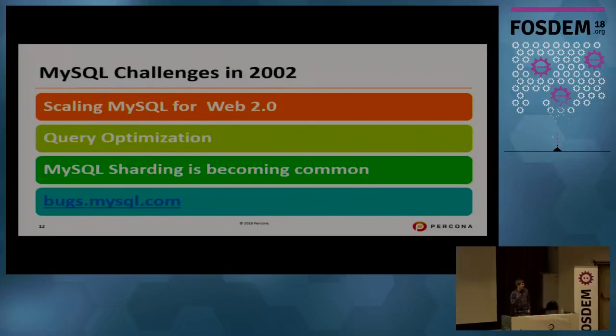Now, the interesting thing is before that, MySQL was managing bugs through a mailing list. And the goal was that there should not be any bugs in a release. But the truth is that was easy to achieve when you have a mailing list, because you can just, you know, forget some emails. But as soon as we got bugs.mysql.com, I think we never had a release which had all the bugs for it completely closed, right? So that's kind of a funny thing. So if you want to promise there are no bugs in your software, remember, don't implement a bug tracking database.